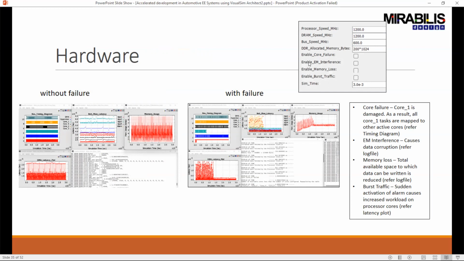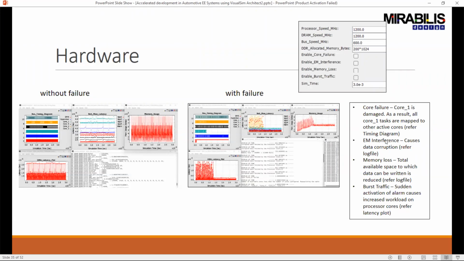So in the model, the user can evaluate the impact of each failure by using this checkbox. So let's say we want to evaluate a core failure, then we simply have to enable it, then run the simulation. So with and without failure, these were the results that we were able to obtain. So we could see that